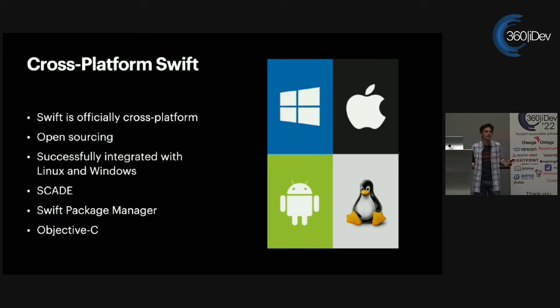When it was an Apple technology, it didn't really make sense for Swift to be working on Windows, Linux. Now you have Swift extending everywhere, and it's been successfully integrated with Linux and Windows, and more work is being done. Right now there's a group called Scade, and Scade is working on introducing Swift to Android. They are currently in beta, although that beta was supposed to be wrapping up this month. We'll see how their progress goes in the next couple weeks and see if they get out of beta.